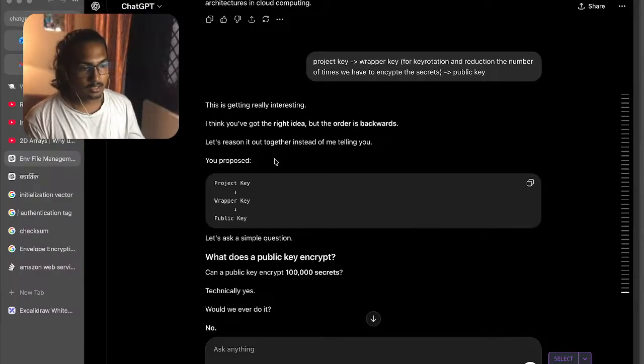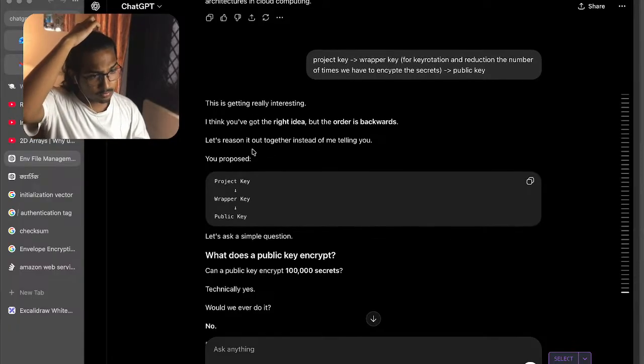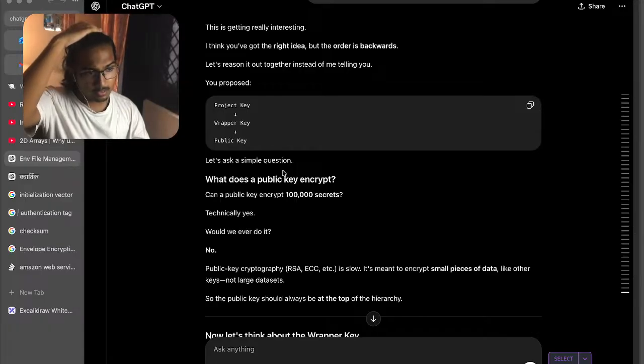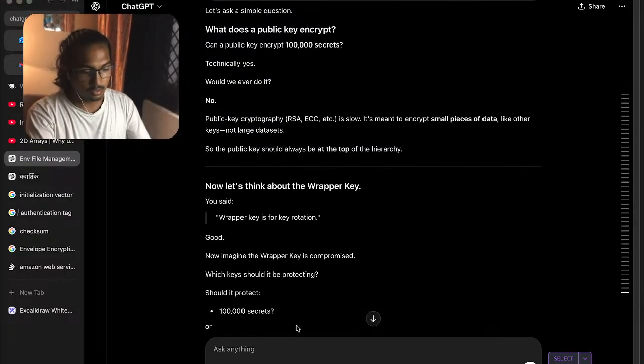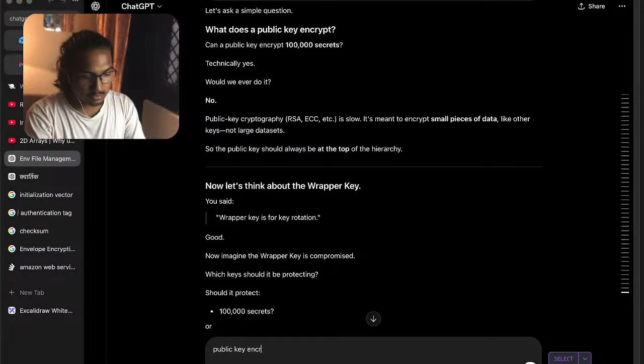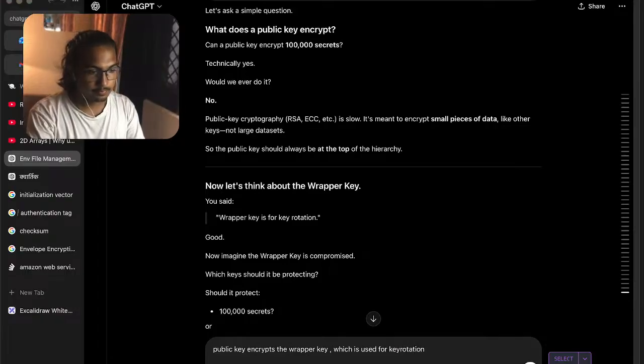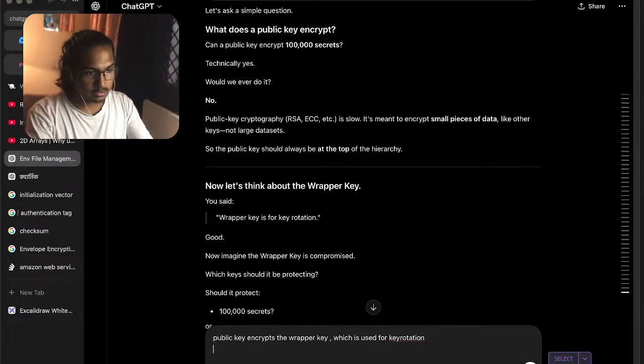So yeah, this is really interesting. Proposed this. Let me ask you a simple question. What does a public key encrypt? Public key encrypts the wrapper key, which is used for key rotation. Okay, that is one thing. Then